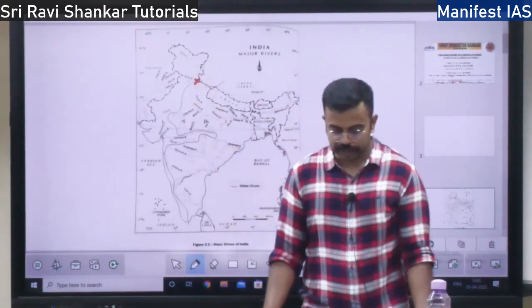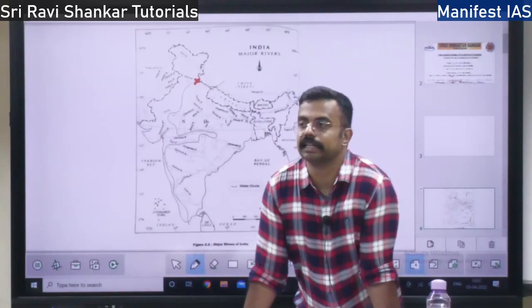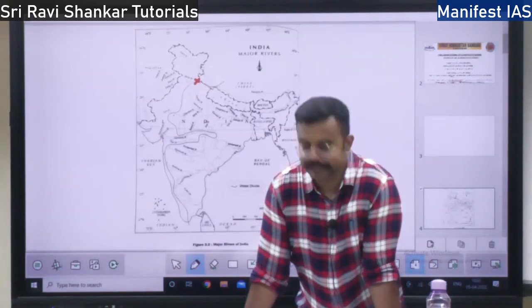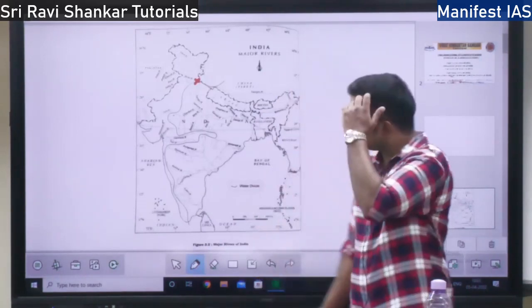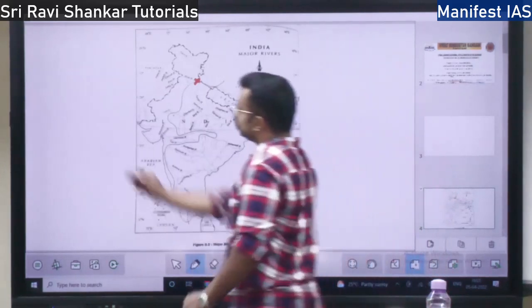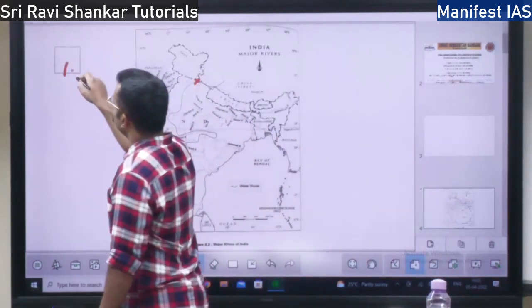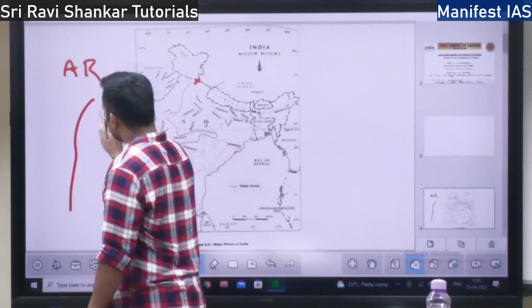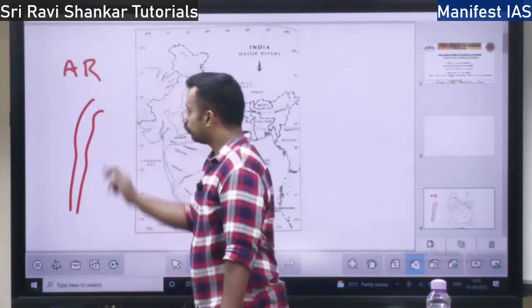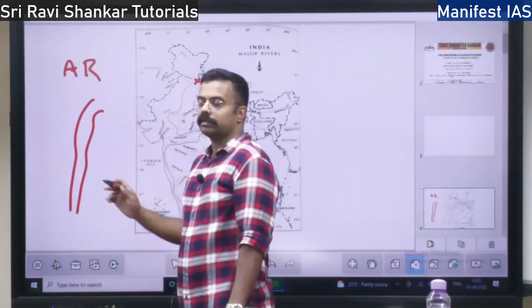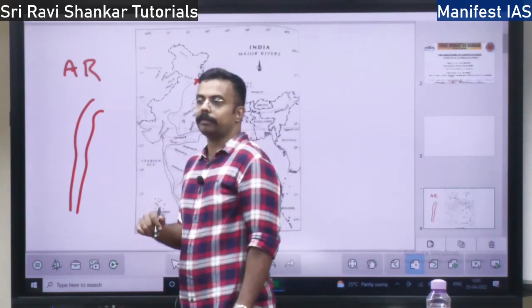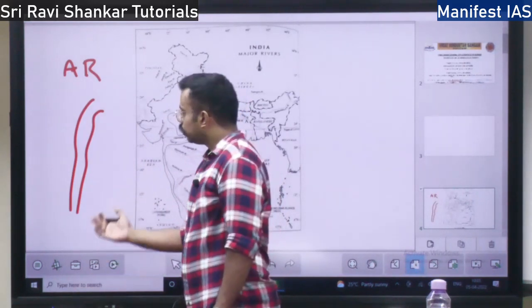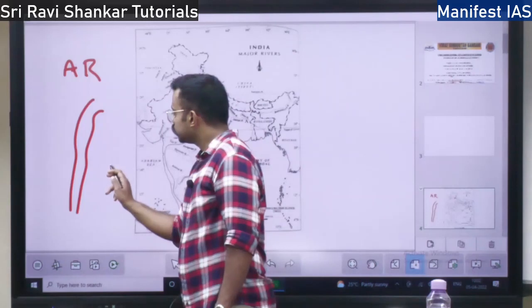So in the Himalayan region, it is an antecedent river. So what is an antecedent river? Sutlej is an antecedent river. Let's say a river is flowing like this, over a mountain. Let's take the example of the Himalayas. So what happens later on to this mountain